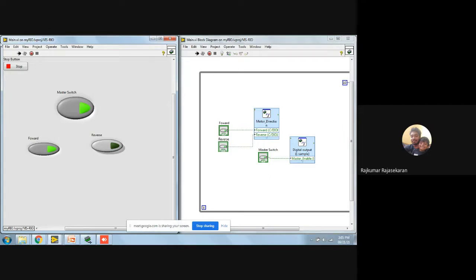Okay, so let me just give you the connection once more. Ground to ground. Power supply to power supply.